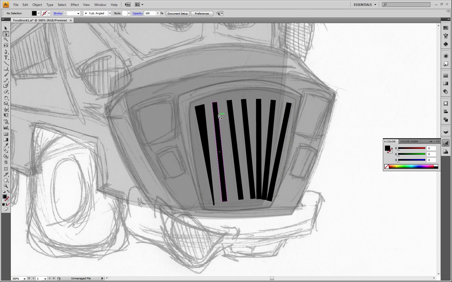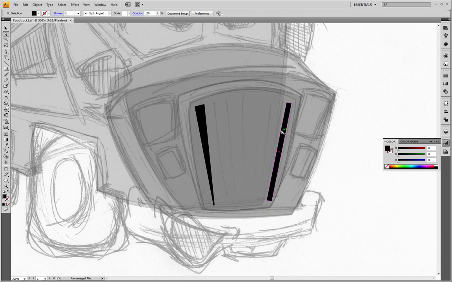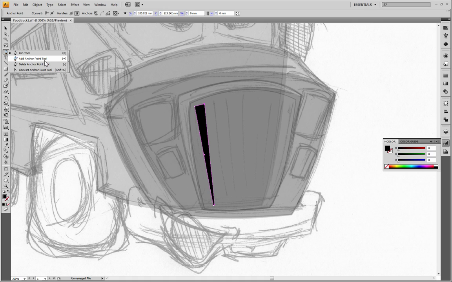That's why sometimes I make it harder for myself. I'm just going to go ahead and take this. And I kind of want that to round off. What I'm going to do here is I want this to round off on top to kind of go with the contour of that. If you hold down your pen tool, there's an add anchor point tool here. You can actually click on that, add that point, and I think this